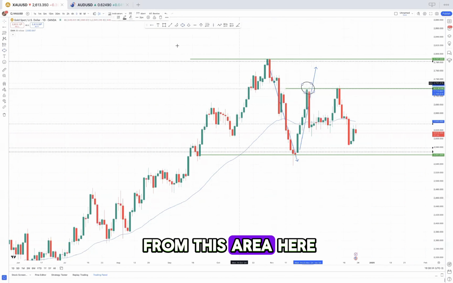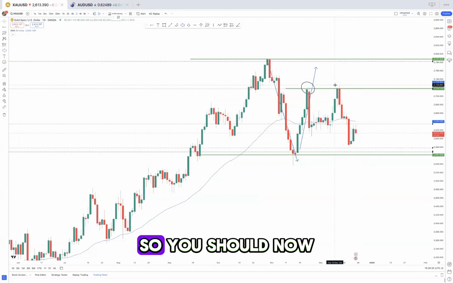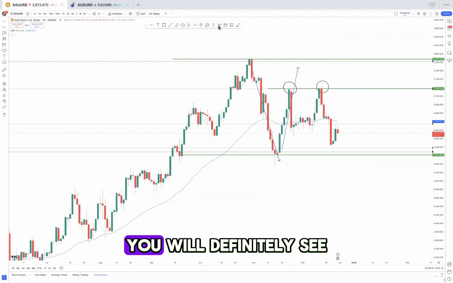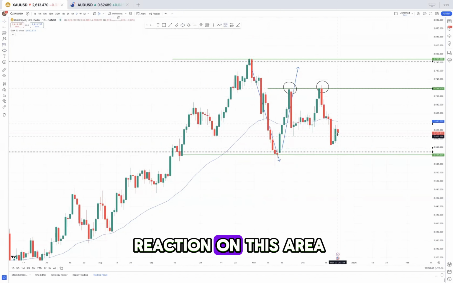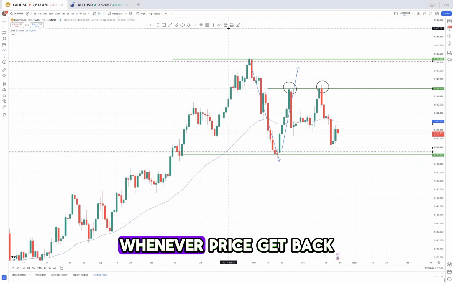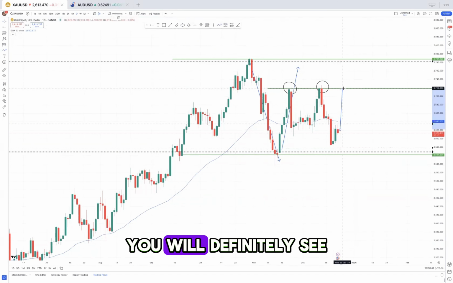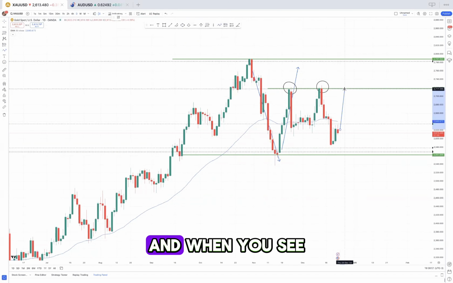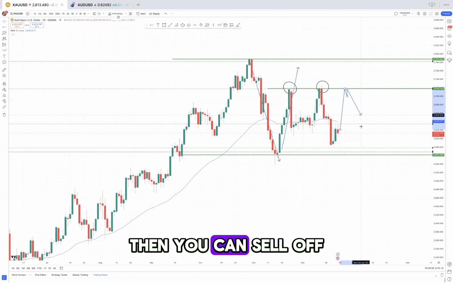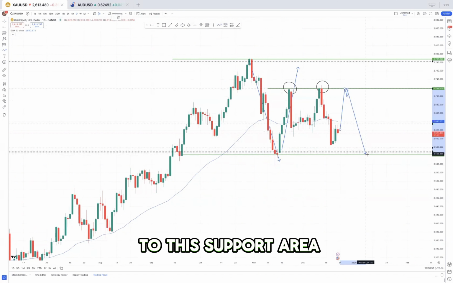You can see that from this area here and from this area here. So you should now put in your mind that whenever price gets back to this area, you will definitely see a reaction. And when you see a reaction, using your confirmation, you can sell off from this point down to